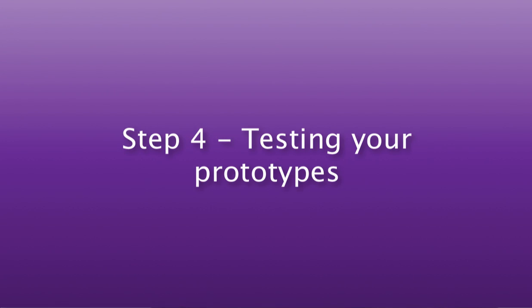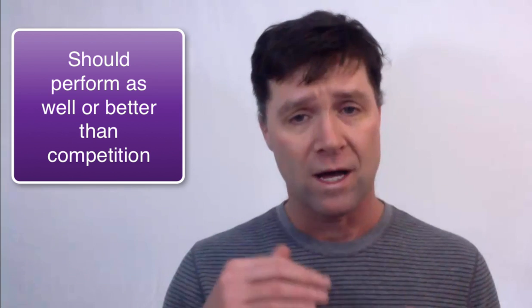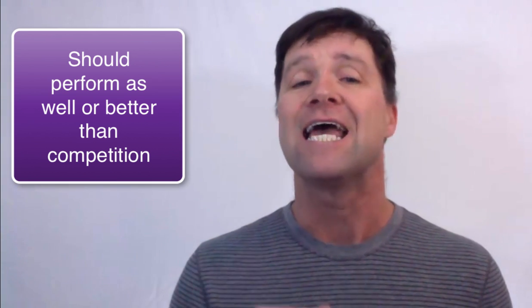The prototyping stage might take some time, but when you get something that is reasonably close, you can begin with step 4, which is testing your product. First, you'll want to make sure it performs the way you want, so by all means, try the product. Compare it to your competitors. Does it work as well? Is it better? At the very least, you'll want something that is just as good as anything else on the